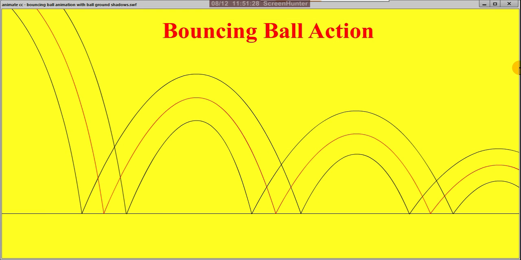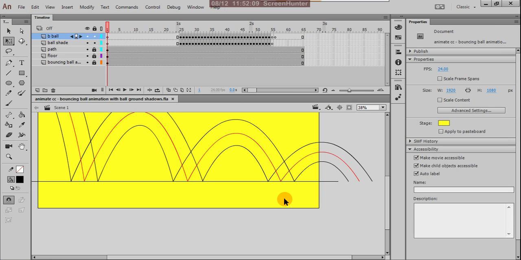So what is happening? Fantastic. See here, along with the ball the shade is also animating in the same way, size wise also it is showing the difference. At the top position the ball is smaller size, it's coming down, the shadow is also increasing. This area the shade is in a bigger state, at the top position it is in small size. So good, this is nice. Control S.